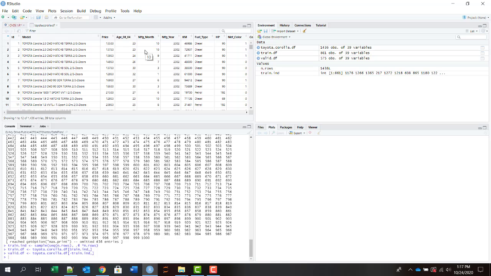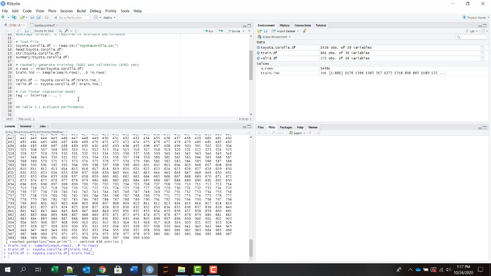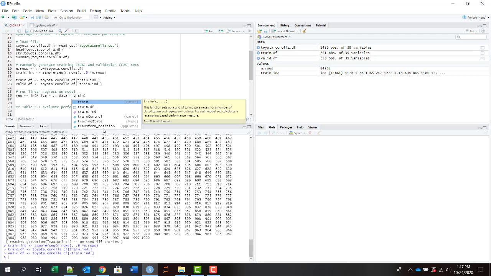We have selected price as the target, and we want the age, manufacture month, 7 and 9. So 3, 4, 5, 6, 7 fuel type, and then 9 is metallic color, yes or no. So data equal to, for the lm function, data is going to be train.df. And from the train data set, all the rows,